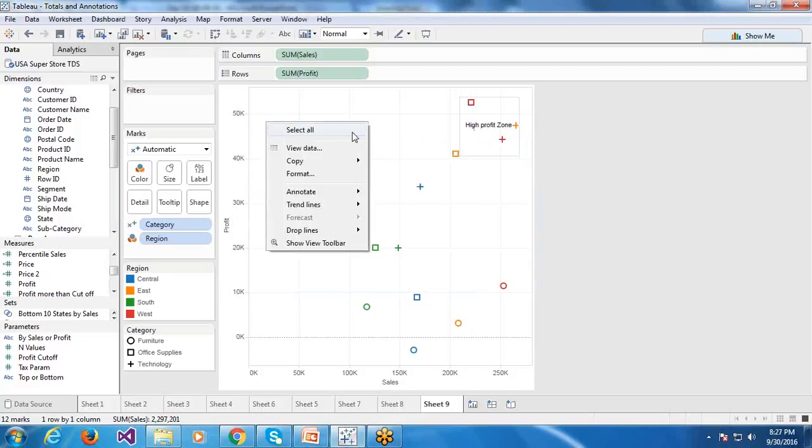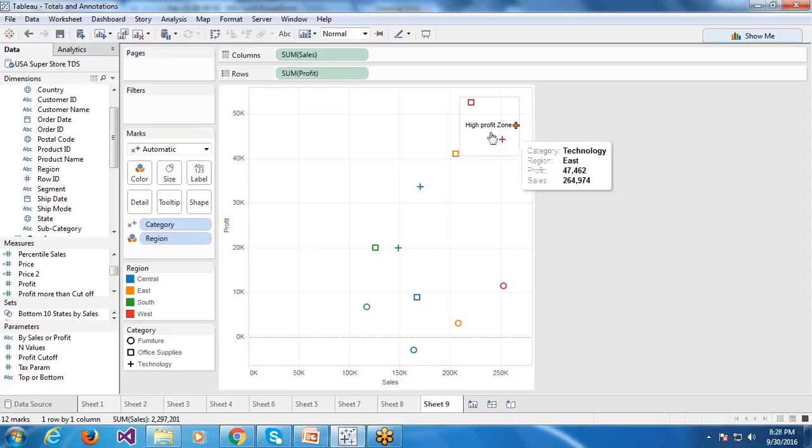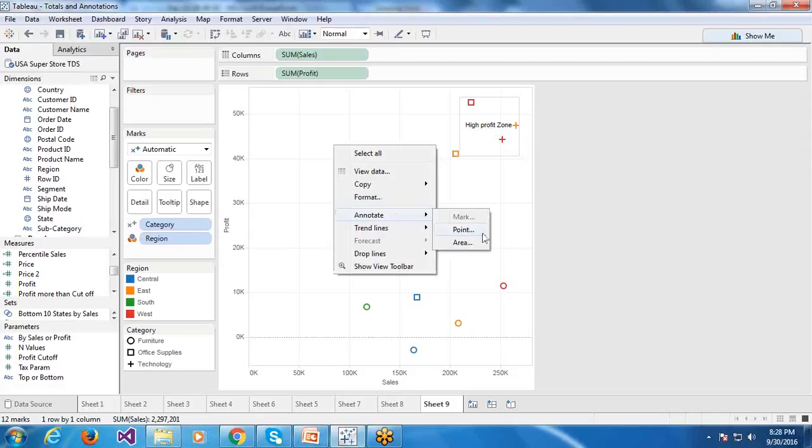The marks that are in this area could be called high profit zone marks, but the annotation is not associated with these marks at all. Any marks can be put in there, like region, sales, profit, whatever.